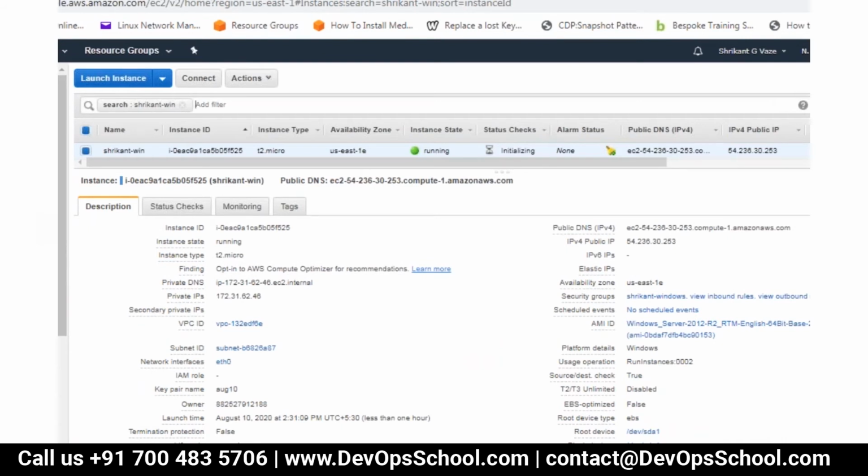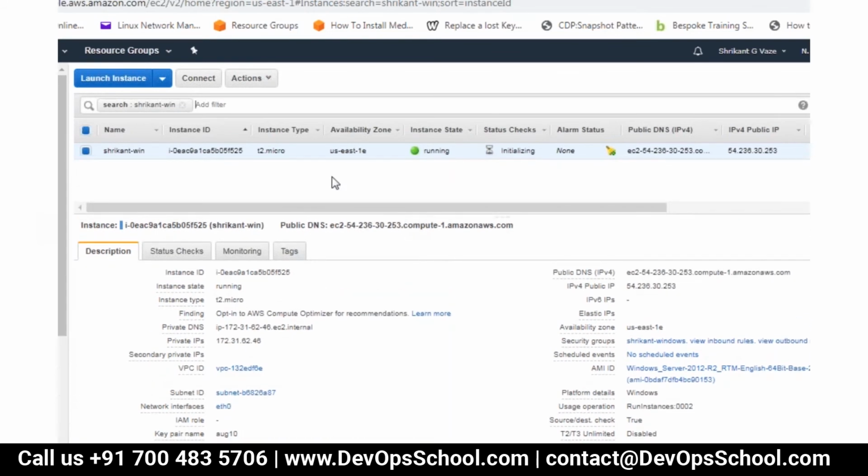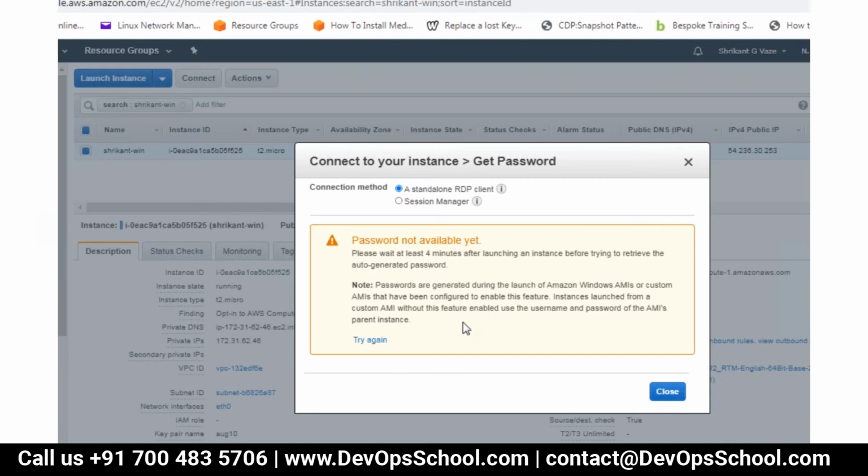So it is running. Now, how do we log in into this? So usually Windows servers will take a couple of minutes to generate the password. So now if I go to connect, there is an RDP file you can download, and there is a get password button here. If I click that, it will say password is not yet available.